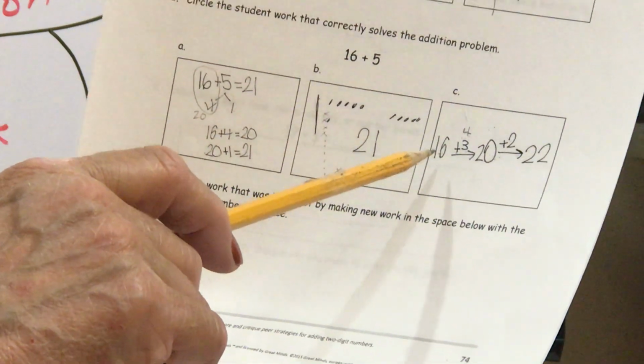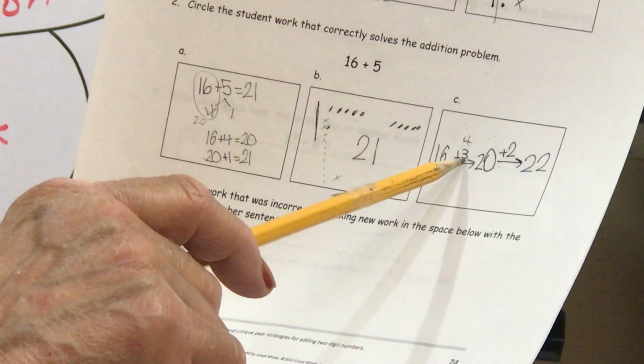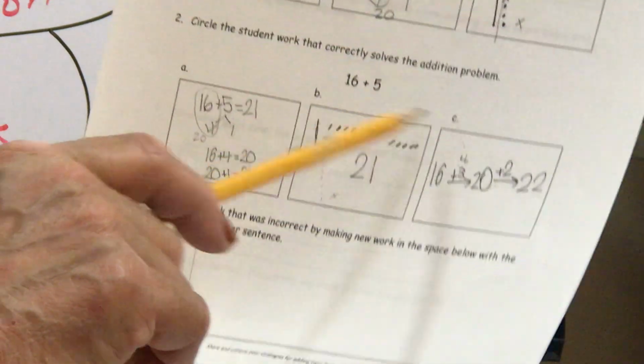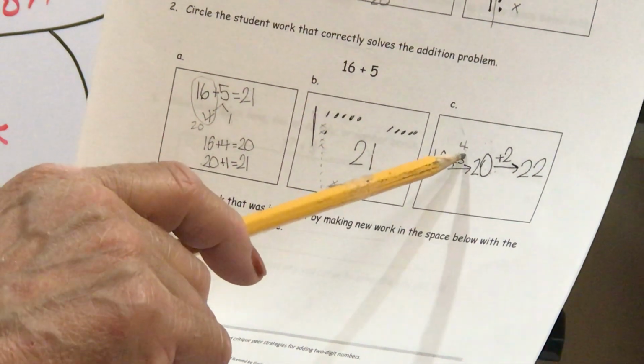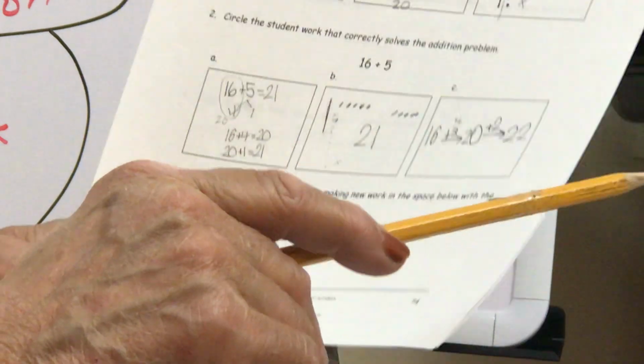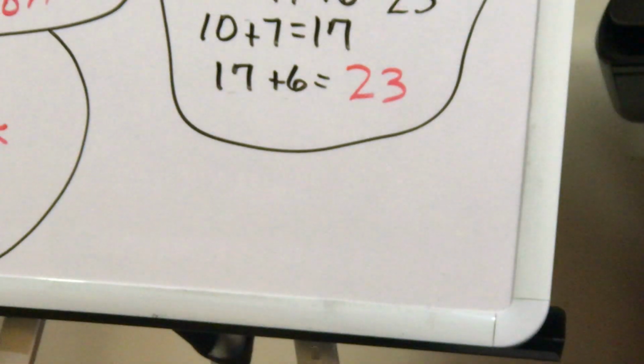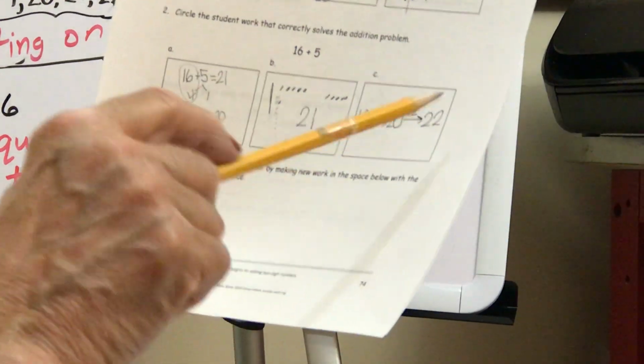And over here, 16 plus 3 should have been 16 plus 5. Should have been 16 plus 4 equals 20. Plus 2 is 20. Oh, wait, I did that wrong. The answer is wrong. I'm sorry. The answer would have been, well,